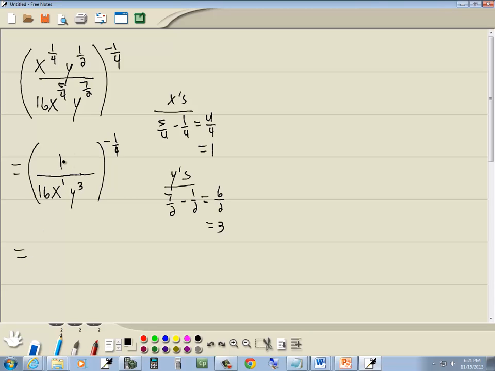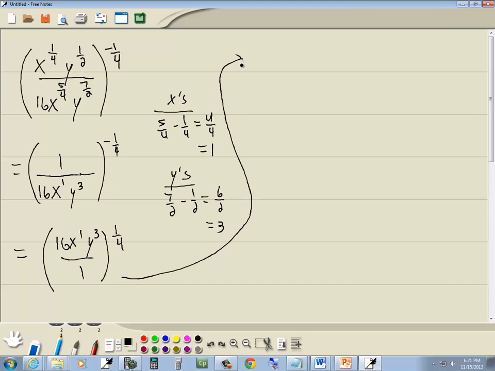So notice we have a fraction to a negative power. We're going to flip the fraction, take the reciprocal of it. This becomes 16x to the first, y to the third, over 1. And then you change the sign of the exponent. It becomes the 1/4 power. Well, that 1 can drop away. So that just gives us 16x y to the third, all of it raised to the